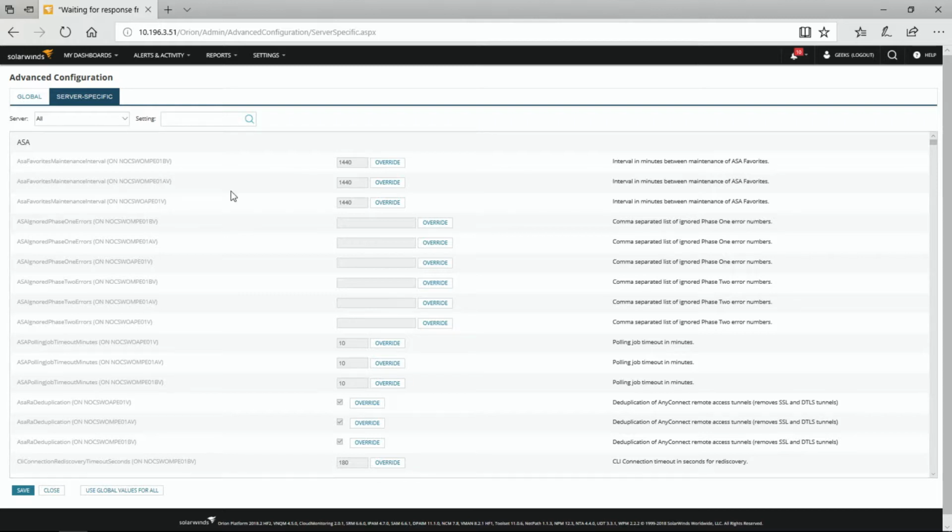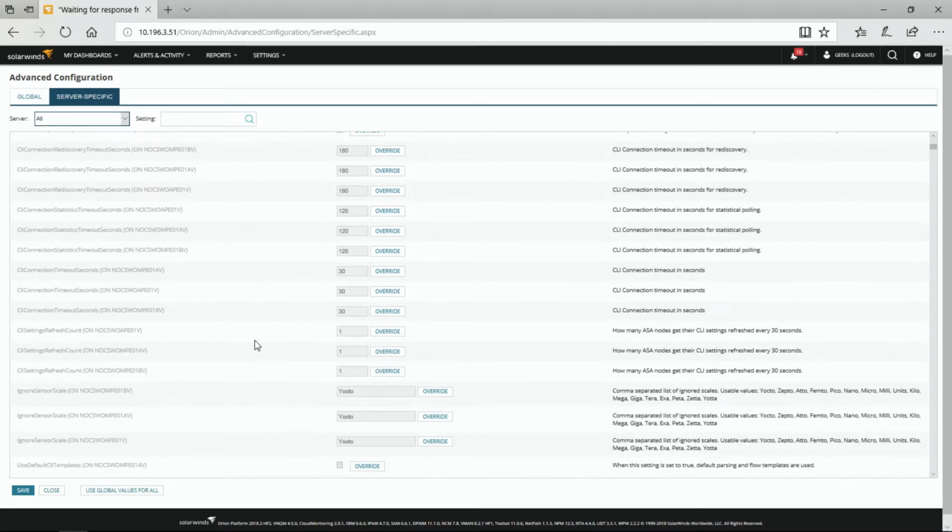So when we're looking at this, we can see up here in the top left it's talking about all the servers, but then I can specifically change settings on these different polling engines that are available to me. I can click into one of these and make a server specific change. So say phase 2, because I'm only looking at my ASAs that are outside or my inside, depending on how I have it set up with my polling engine, I can change specifically per polling engine how it affects and gathers data between them.